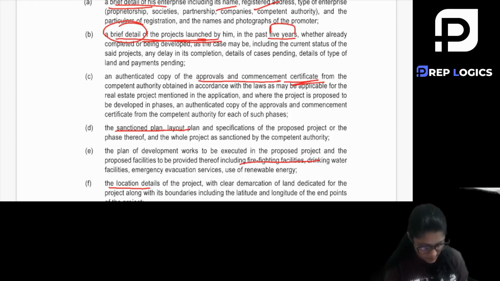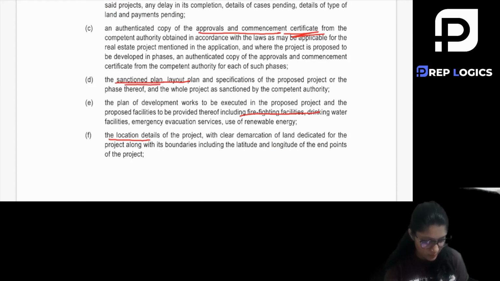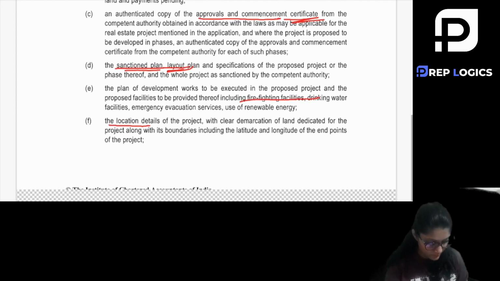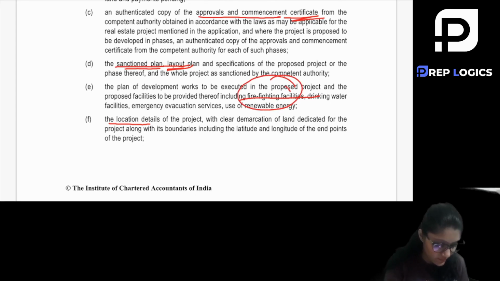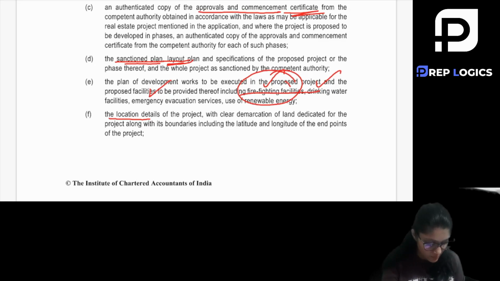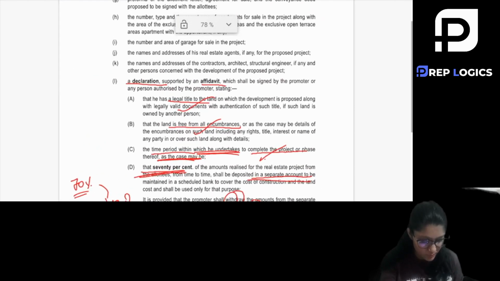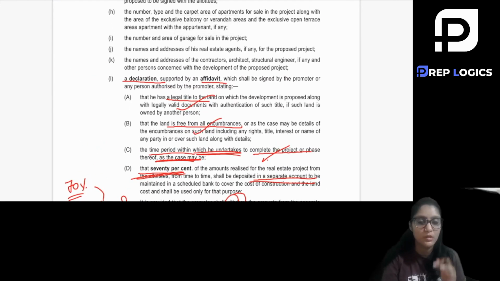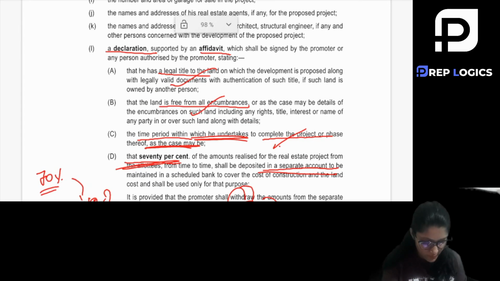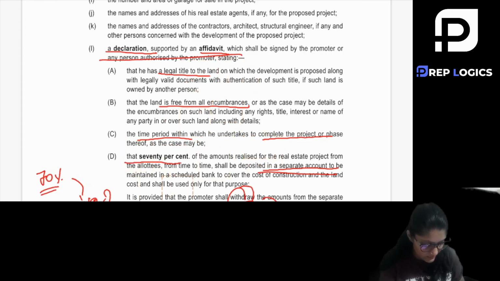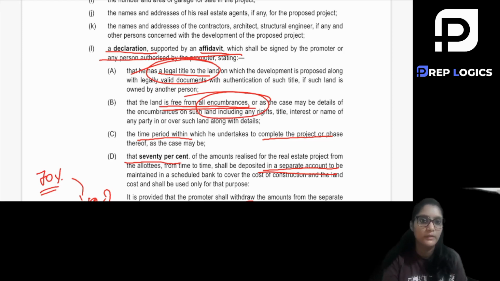Approval and commencement certificate, sanction plan, and how you are going to make the layout plan, that okay, here the veranda will come, here the window will come, all the facilities you are going to provide, like firefighting facility, drinking water facility, emergency evacuation facility, and likewise the location of your project, etc. These are the documents you are going to submit along with your application while registering your real estate projects. Now some affidavit you also need to give, that the legal title is clear, it is free from all encumbrances, there is no loan over the particular land on which the building has been built,